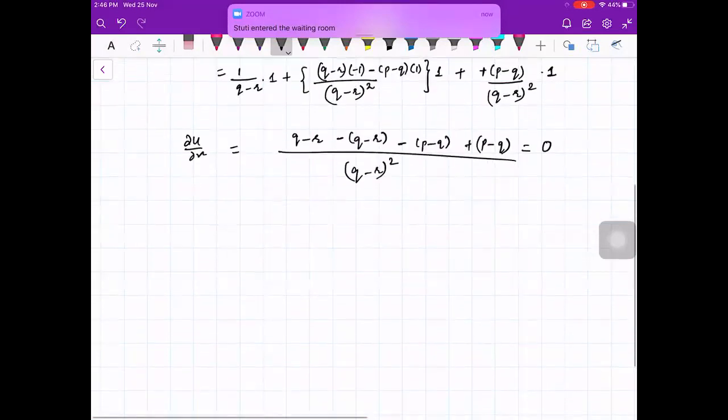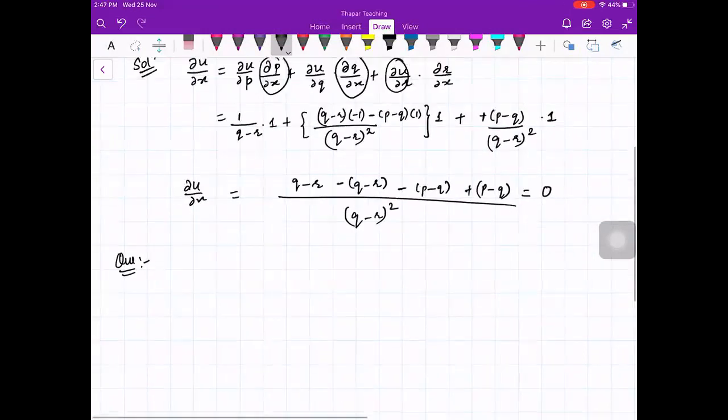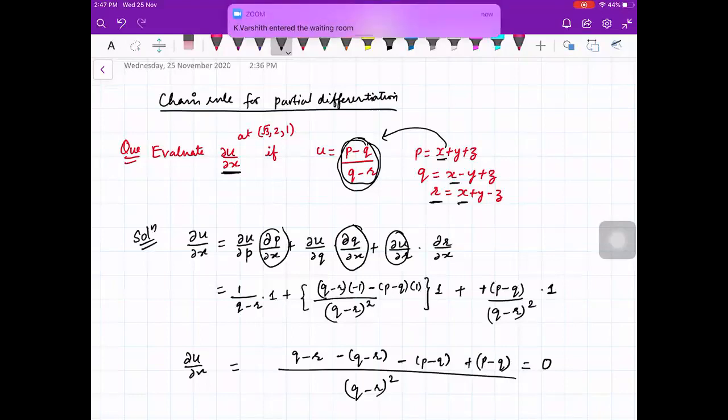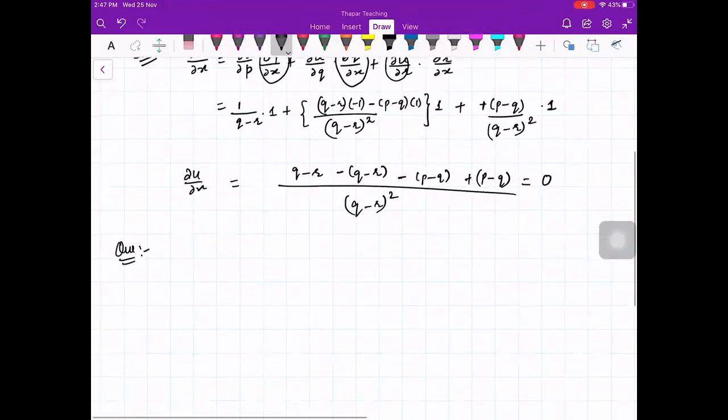So you see, next problem. And we can do this problem by substituting the values of p, q, r also, right? That obviously will be easier. In this case that is easy, but you are supposed to do it like this. Obviously there is nothing wrong if you substitute the values of p, q, r in u and convert it into a function of x, y, z. That is also possible, but generally we do it like this only, right? Okay, ma'am. Okay, thank you.